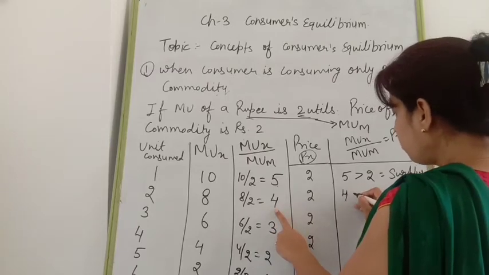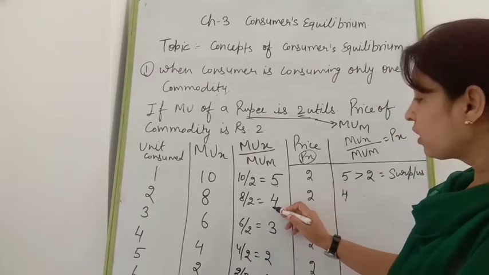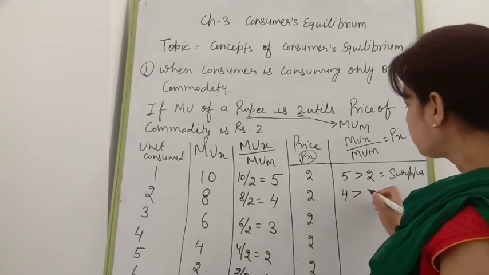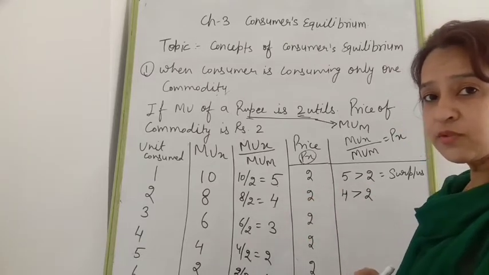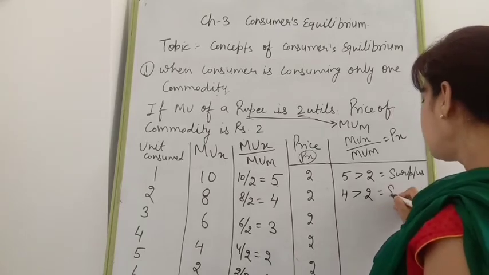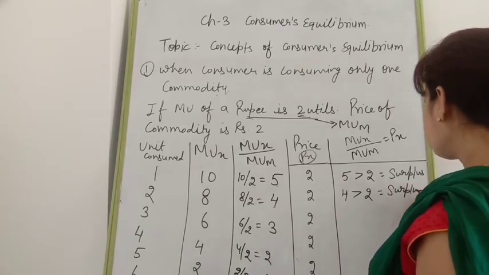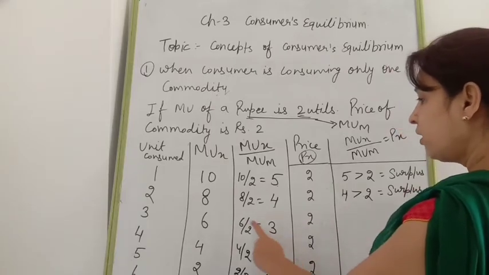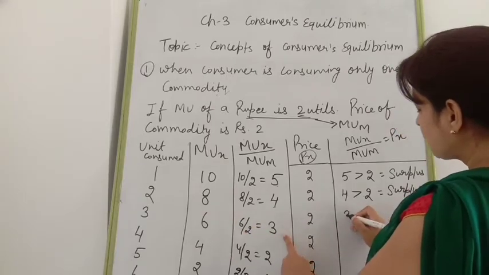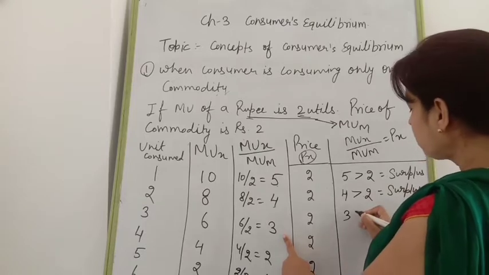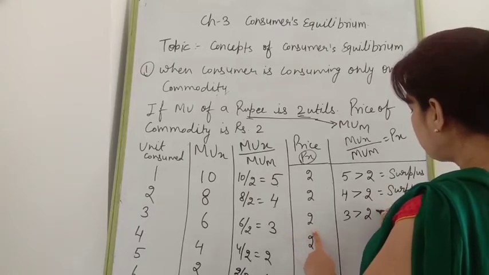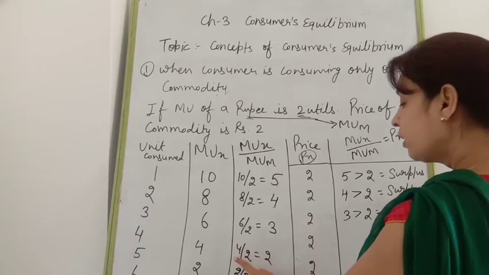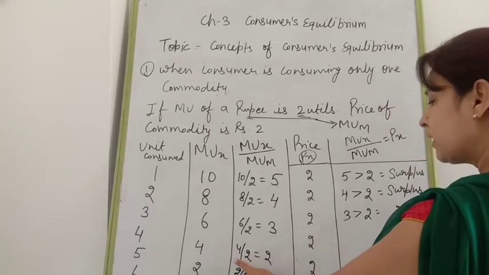Next, at the second unit, again how much MUX upon MUM is he going to get? 4. And the price which he is paying is 2. So again he is in the surplus position. Next, you can see at the third unit, how much satisfaction is he going to get? 3. And the price whatever he has given, again he is in the surplus position. At the fourth unit you can see